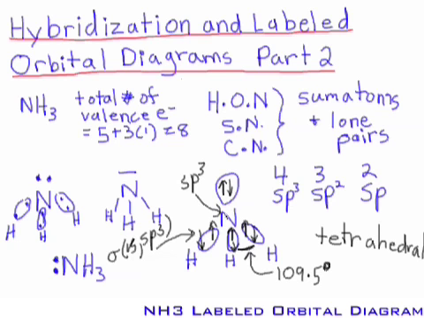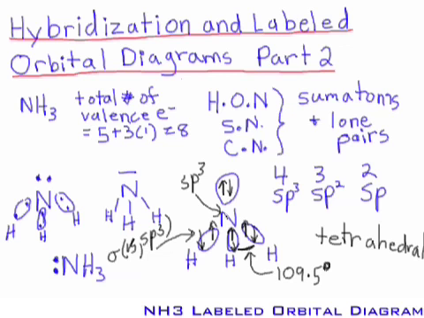So you can determine the hybridization for atoms other than carbon. And notice that what we do here is complicated by the fact that we have to draw the Lewis structure in order to make sure we've got the lone pairs. Let's look at a labeled orbital diagram example of this